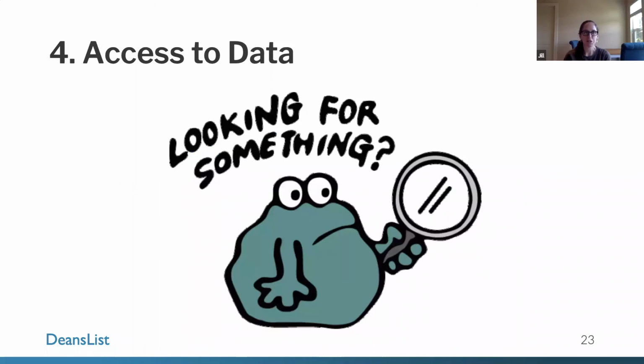All right, so we've gotten to step 4, access to data. As we know, there's so much work that goes into scheduling and planning data meetings, and nothing really brings them to a standstill like getting into the meeting and then having to search for the relevant data to answer the questions that have been prioritized. I know I've definitely been in review meetings where we spent half the time looking for a certain spreadsheet or trying to export and pivot data from a system to answer the question at hand.